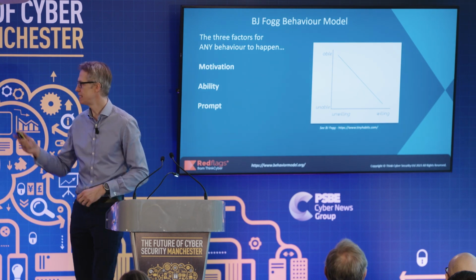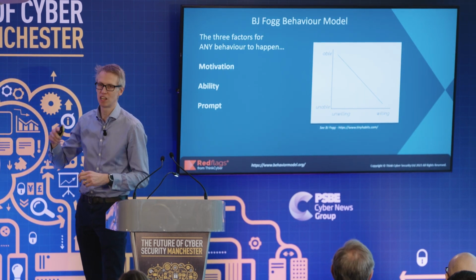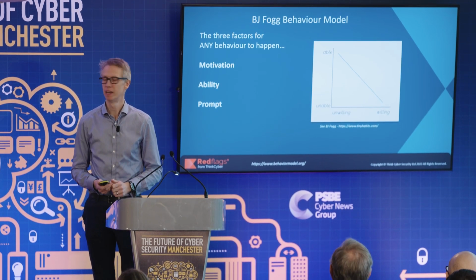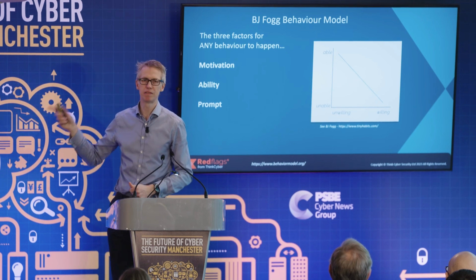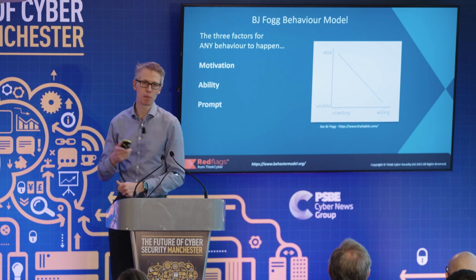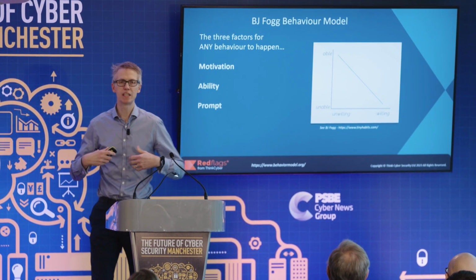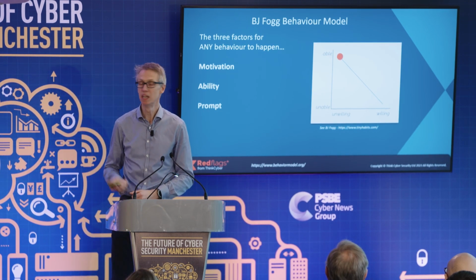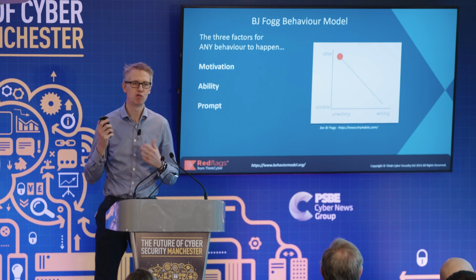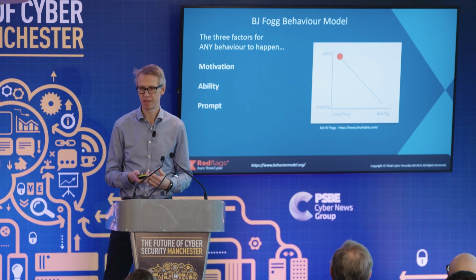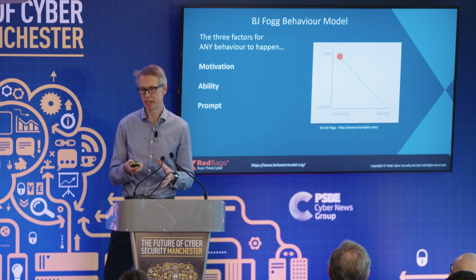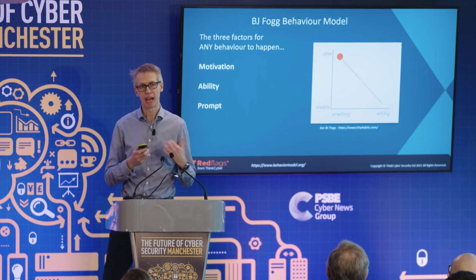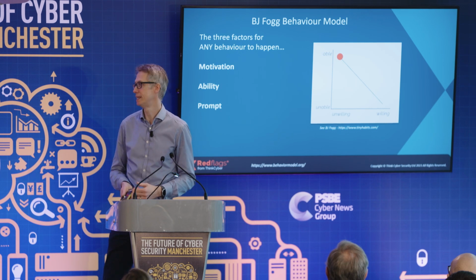And he draws this on a graph that's basically saying, as long as you're past this line in terms of your ability or your willingness, your motivation, and then the prompt comes, you'll probably behave. And so you can obviously think about this like, if you're really motivated, really willing, you can do really hard things. If you're not particularly motivated, things have to be easy. So where do secure behaviours and getting your staff to act sit? It's probably here. People aren't particularly motivated, so if we want them across that line, they need to be really able. It needs to be really easy to do the behaviour. And that's not because people aren't motivated to act securely, it's more that they've got a whole load of other competing motivations, they've got to hit targets, and so acting securely is probably low down their list. So you've got to make it easy.